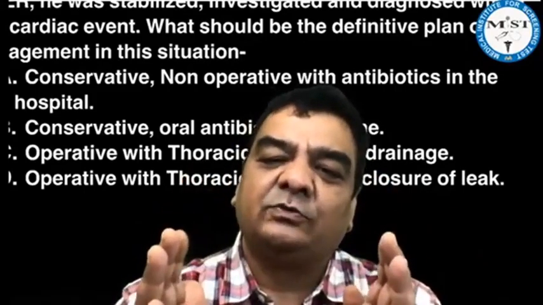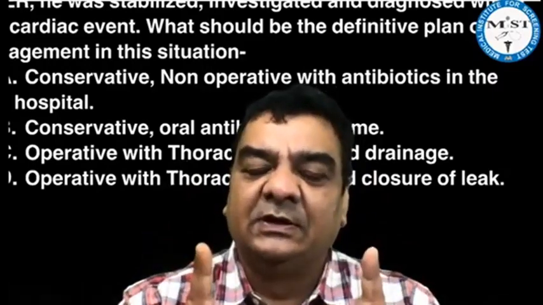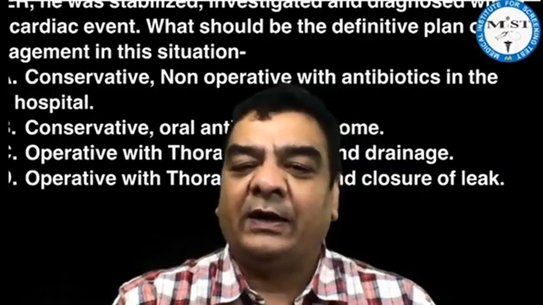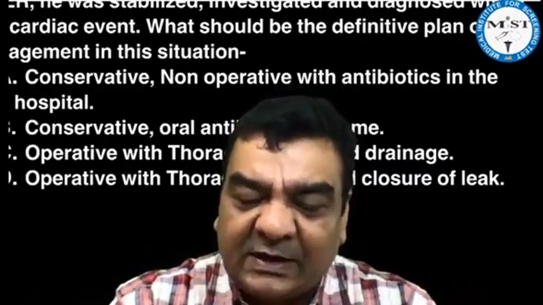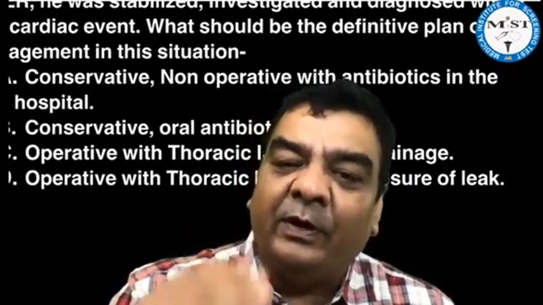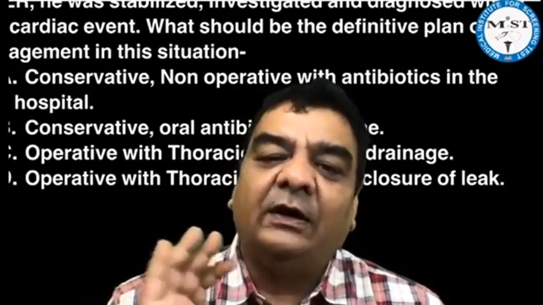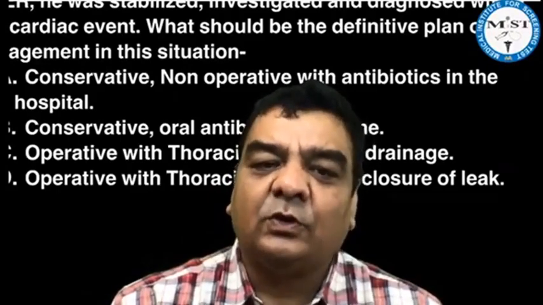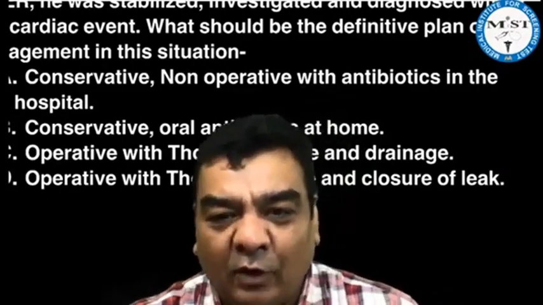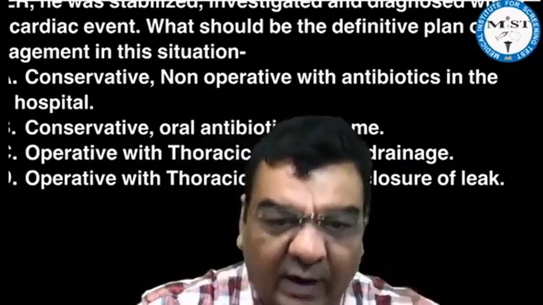This is a Boerhaave syndrome situation where the treatment will be thoracotomy, mediastinal lavage plus closure, and closure or non-closure will depend on the amount of contamination. If the patient comes to us early, with less contamination, you can close. But if the patient comes to us late, then because of the contamination and infection, you just leave a drain in situ, right? So the correct answer for this question will be D, that is operative with thoracic lavage and closure of the leak. Now let's move on to another question.